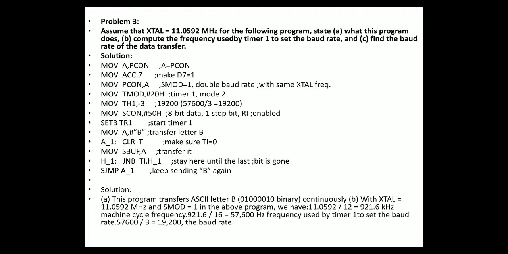With this, I think everybody has now understood serial data transfers using assembly level programs. Today I focused on transmission of data and reception of data. Another important concept was how to double the baud rate. This doubling of the baud rate is applicable to both transmission and reception. While receiving, if you want to increase the baud rate, it can be done. While sending data outside, this can also be done.